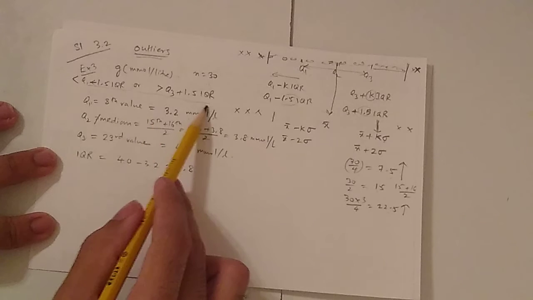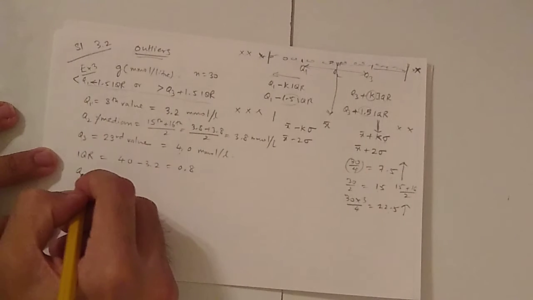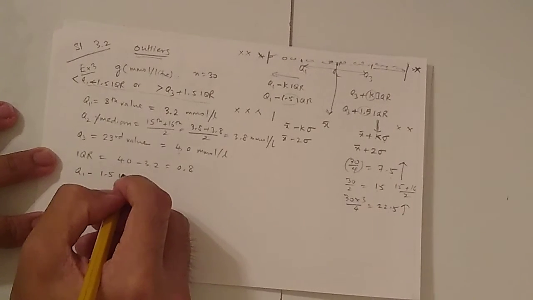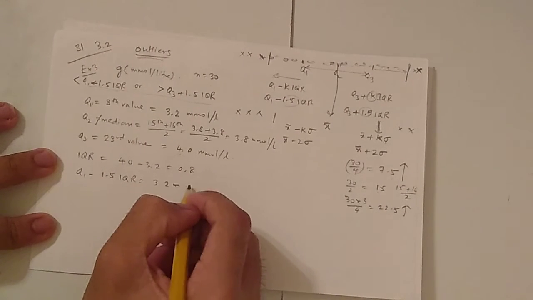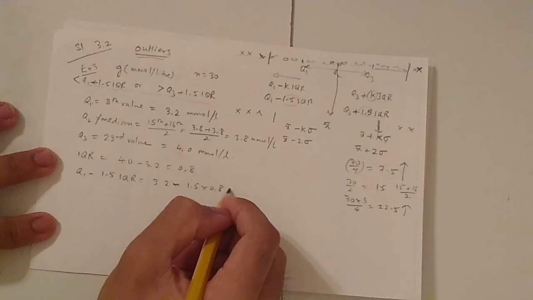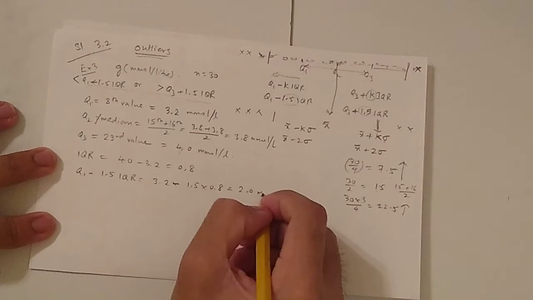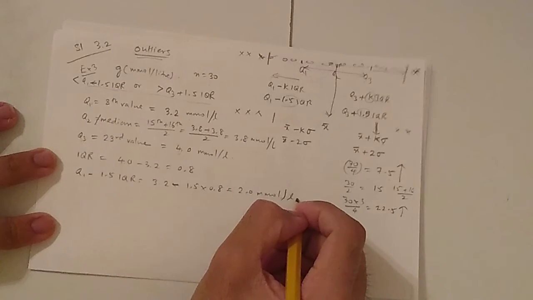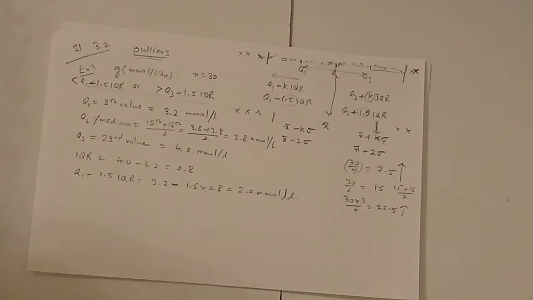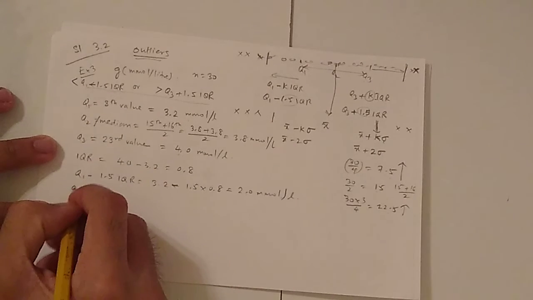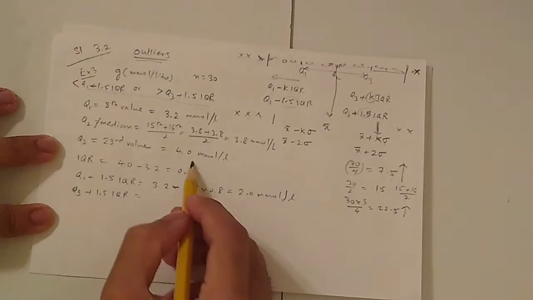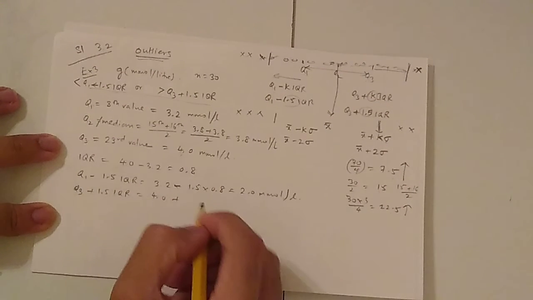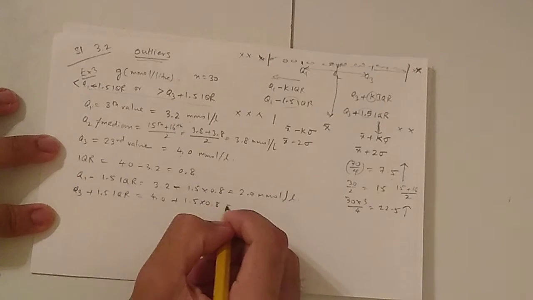Now let's find the lower boundary. The lower boundary is Q1 minus 1.5 times IQR, which is 3.2 minus 1.5 times 0.8, which is 2.0 millimole per liter. Finally, we have the upper boundary. The upper boundary is Q3 plus 1.5 times IQR, and that is equal to 4.0 plus 1.5 times 0.8, which is